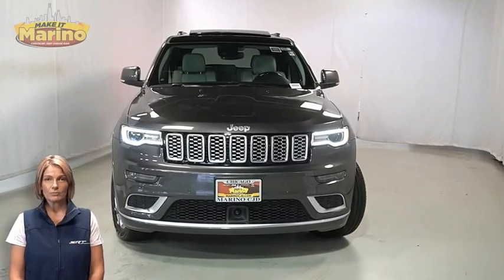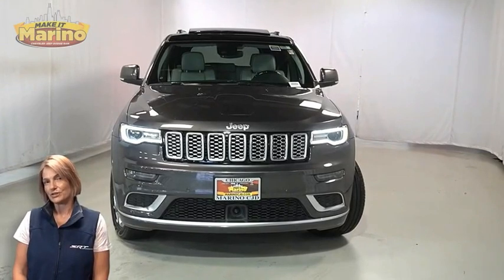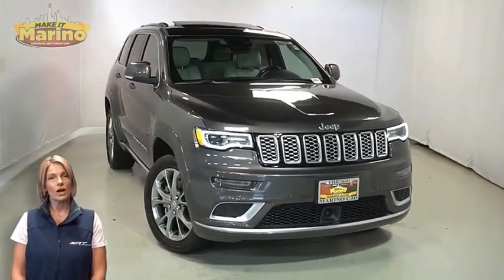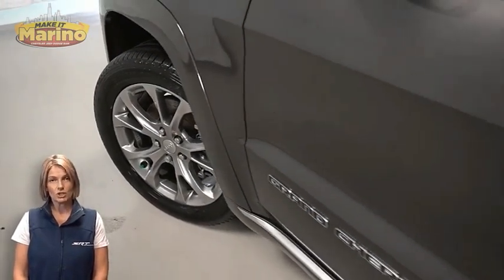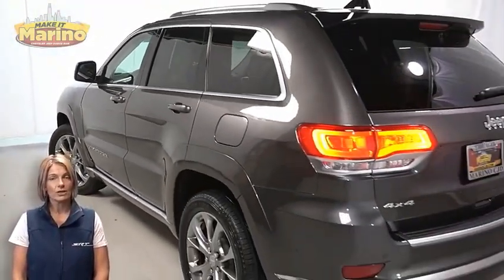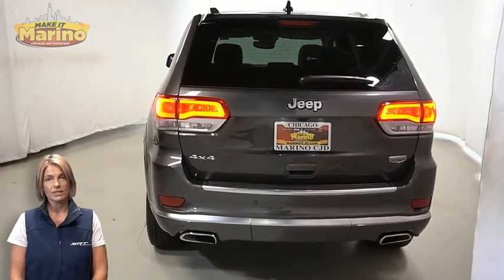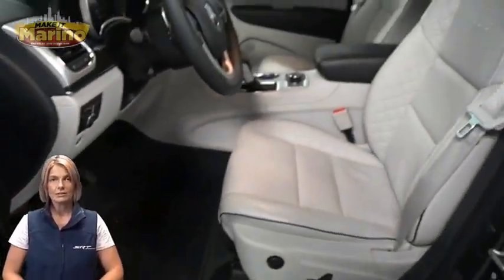Looking for a highly equipped SUV with all the right options and reliability? We'll take a look at this certified pre-owned 2021 Jeep Grand Cherokee Summit in granite crystal metallic. With gunmetal headlamp bezels, premium fog lamps, 20-inch aluminum wheels, power heated mirrors, blind spot and crosspath detection, LED tail lamps, dual bright exhaust tips, heated and ventilated front seats, heated steering wheel, 19,000 miles on the odometer,